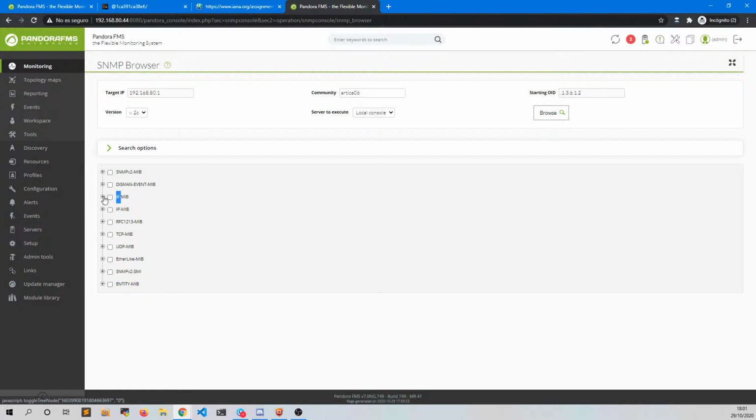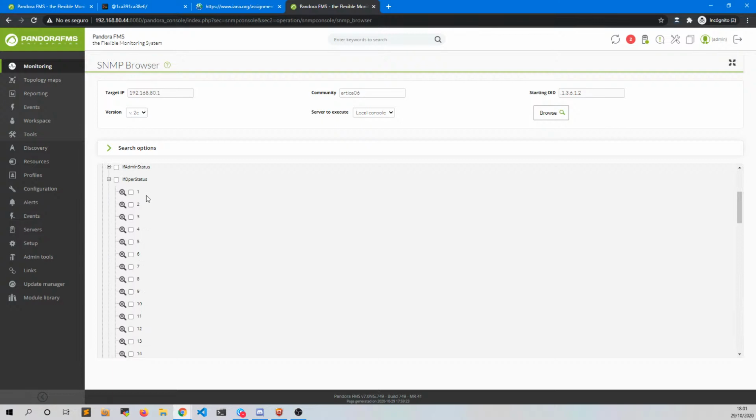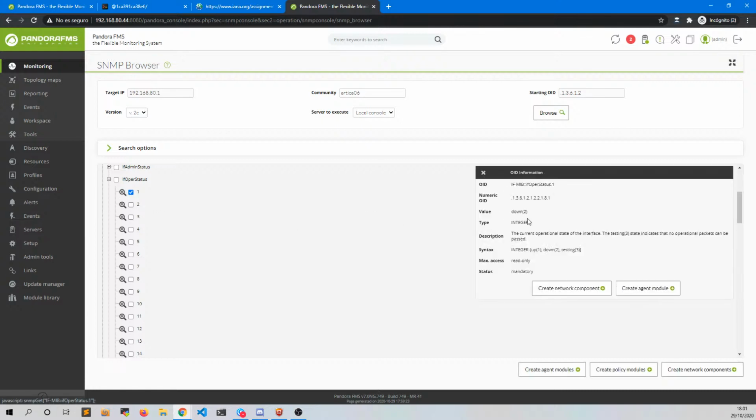So if we extend it, each branch, we can see more information or specific information, for example about interfaces opera status, and we can consult the data in it and give us the possibility. We can see here more information about this specifically,